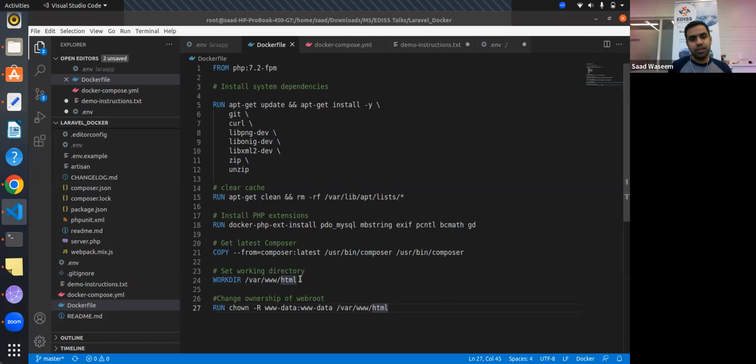So there is going to be a working directory for any web server, whether you are using PHP or Python. This working directory command basically changes the directory, or makes the HTML directory the active directory when we log into our container. And then we set some ownership permissions for the folder. This is something very typical to